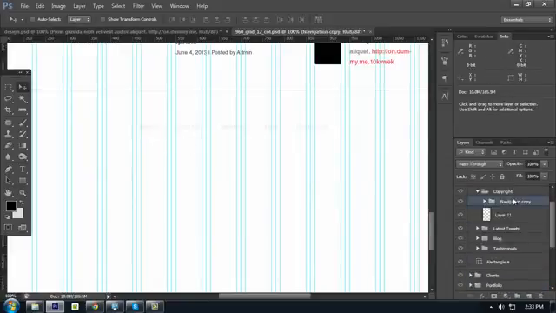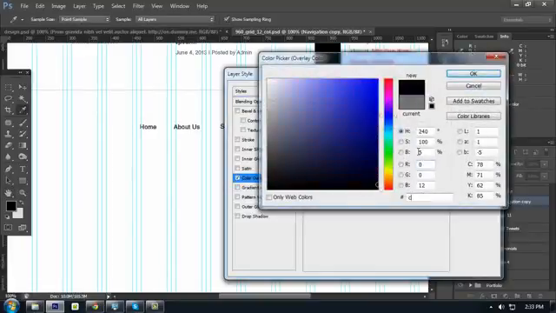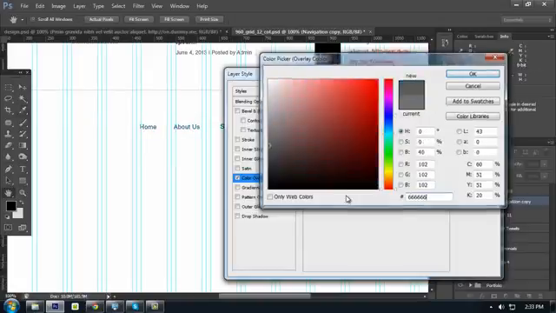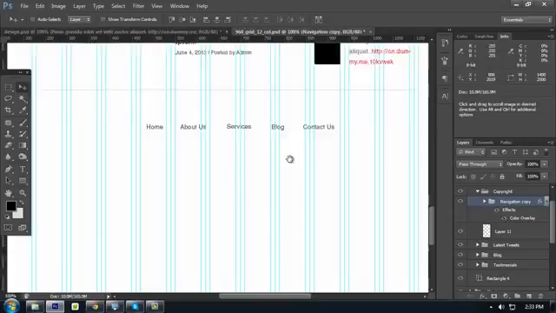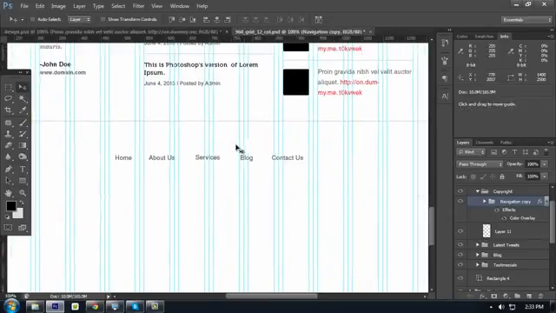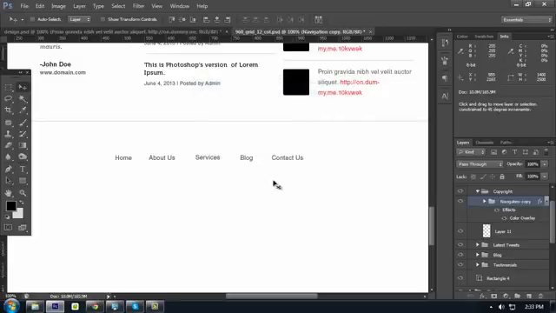And let's apply a color overlay to this one. Make this 1 2 3 4 5 6, and align it. Then place it 60 pixels below,